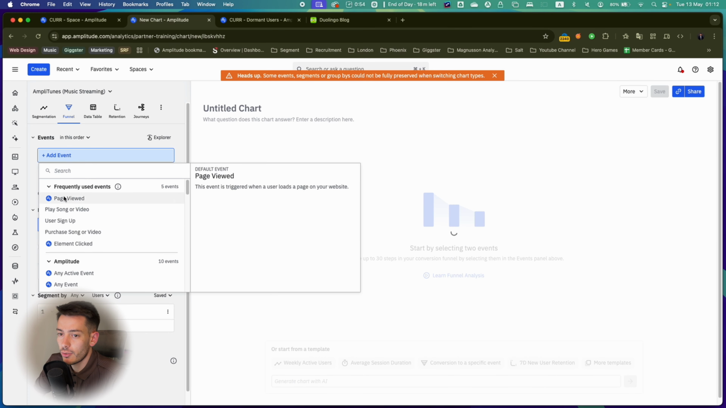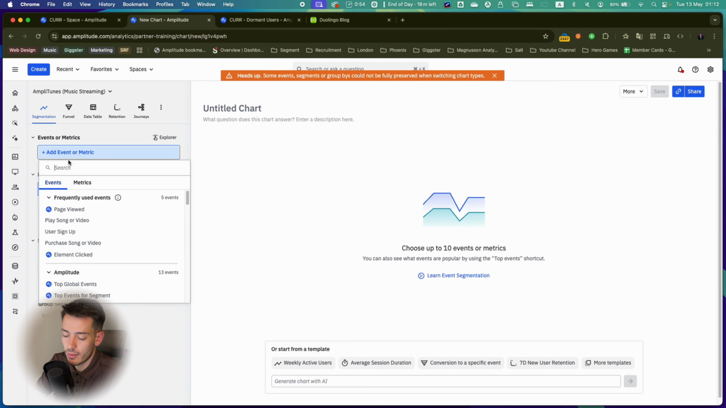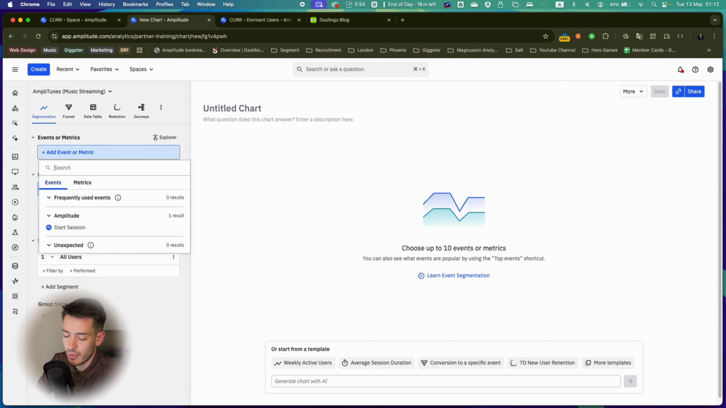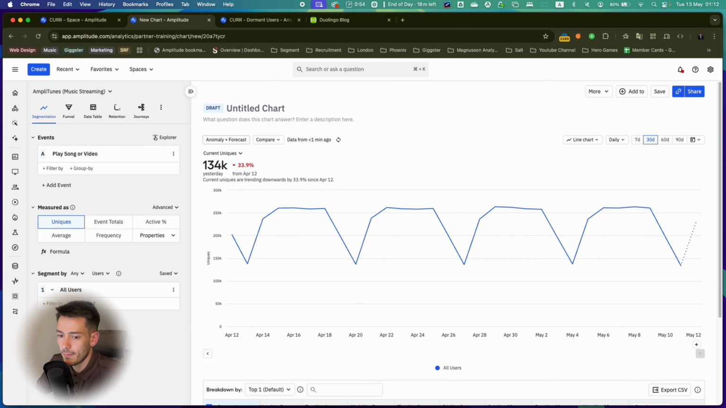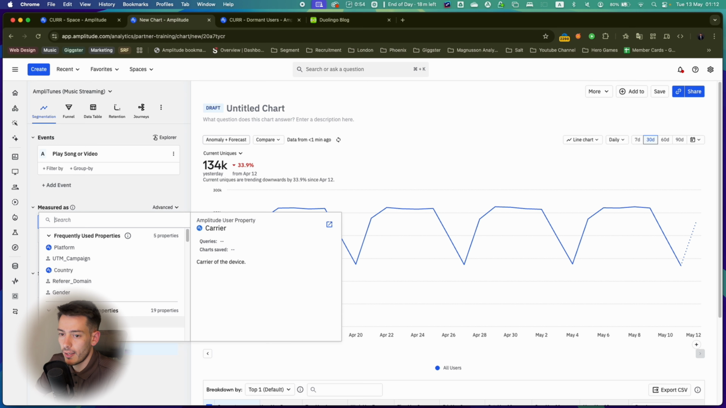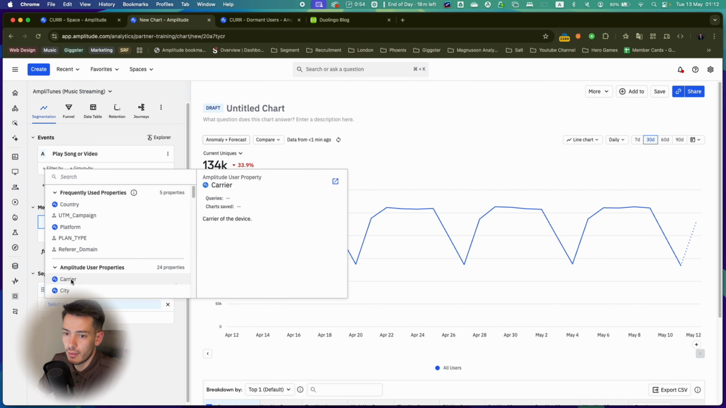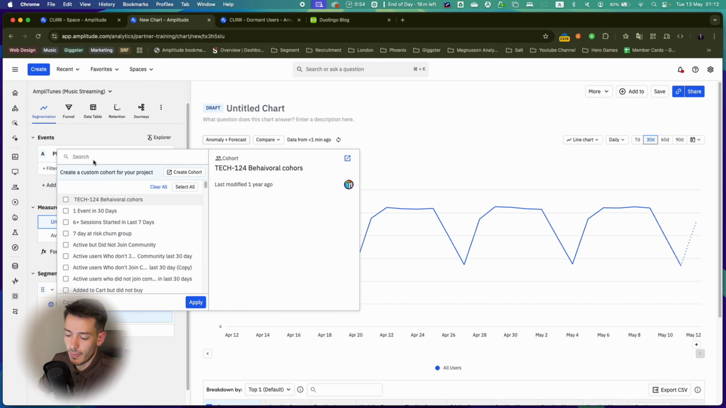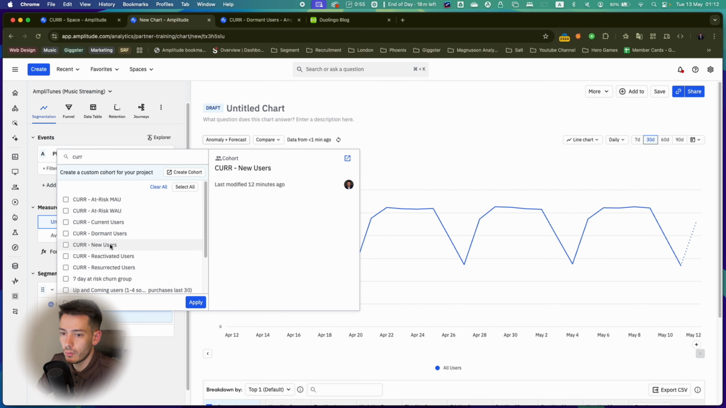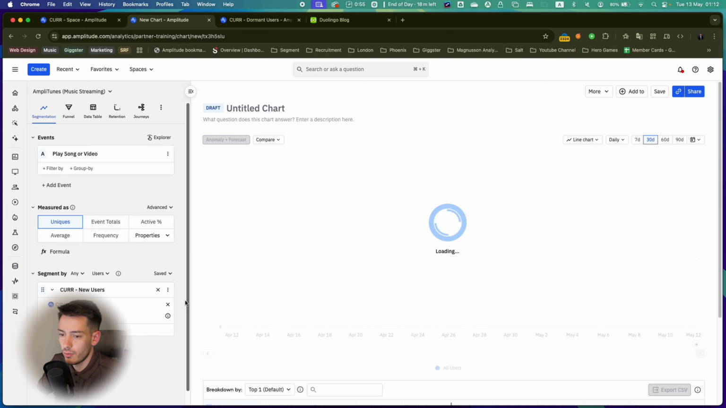You would want to have a look at your learning rates. So let's say, actually let's do our learning rates, and it's not learners, it's play song or video in this specific instance because it's a music streaming app. And then we could actually group by, and then let's go by the, we'll filter by the cohort, and then you can add multiple all within the same chart as well. So we'll put our new users in there,